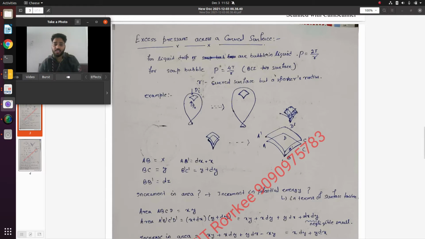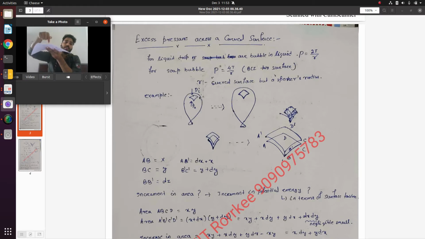Because you can see this balloon is not a symmetrical or spherical body, for this we have to find the excess pressure across a curved surface. So we can take a very infinitesimal surface on the balloon. This is a three-dimensional image. You can check it. This is some infinitesimal surface of this balloon, where P0 is the outward pressure